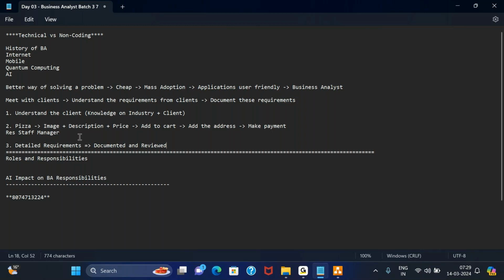So once a client also agrees that I agree with what you have mentioned in the document, so let's go ahead with it. So when the client says all good, we hand it over to our design team or to our technical team so that they can get started with the coding activity. So usually they do not directly start with coding. They will start with a high level design first and then jump on to coding.